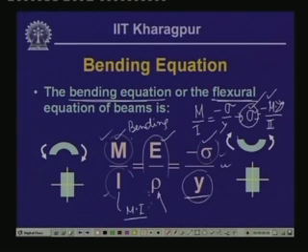Now, here it is in terms of curvature, 1 by rho, where rho is the radius of the curvature, and the 1 by rho term we call kappa, which is the curvature of the beam. So, there is a similarity between the torsion equation and the bending equation. Of course, the terms have different meanings, and please note here the sectional parameters: in the case of a twisting moment acting on a shaft, we used the polar moment of inertia J, which corresponds